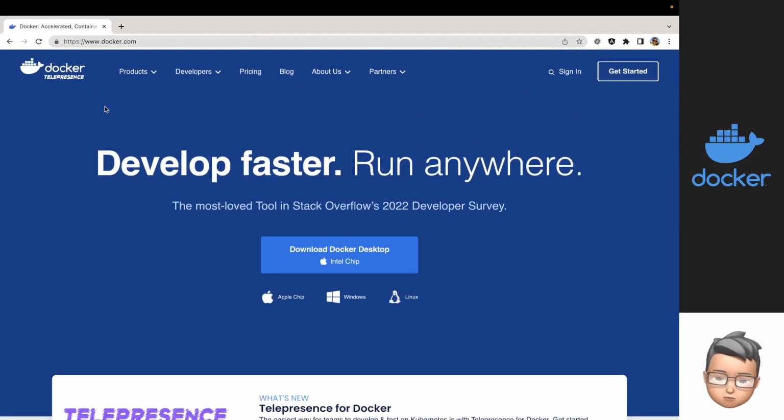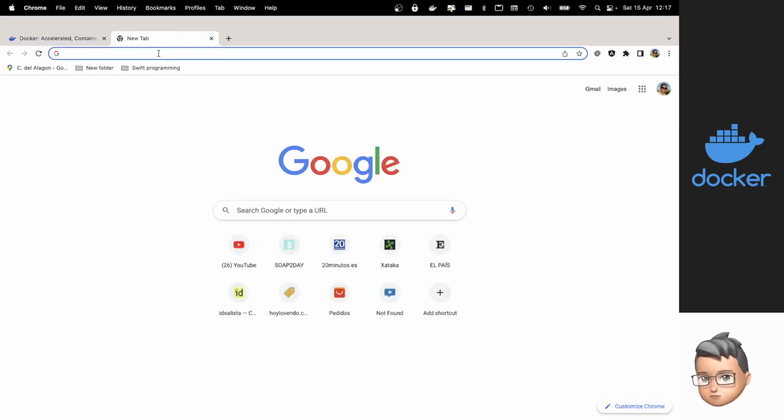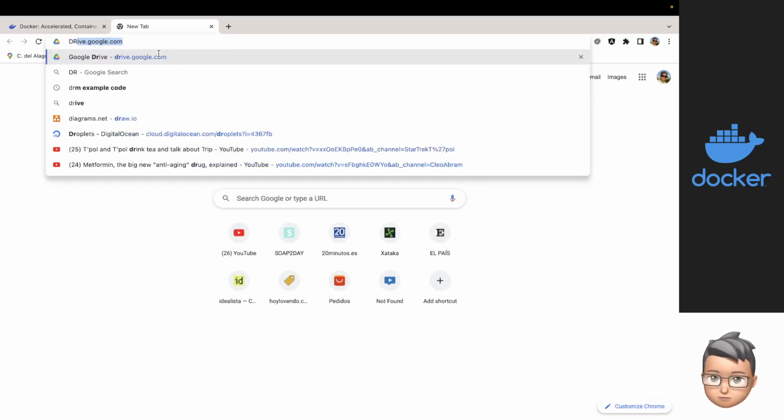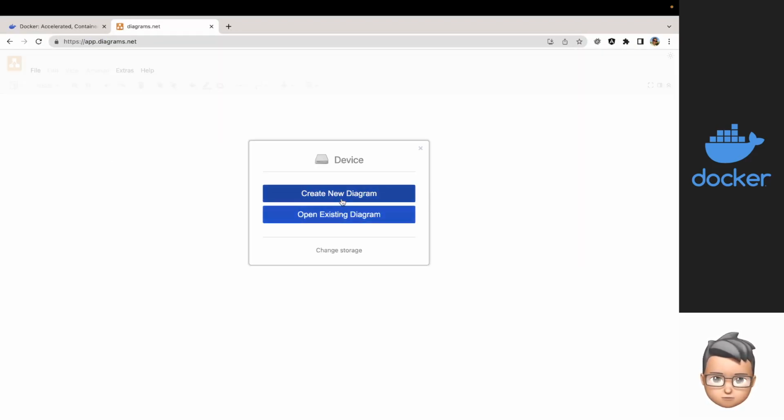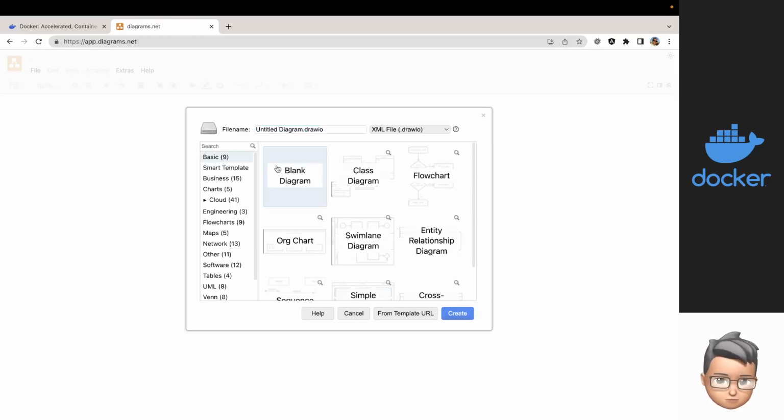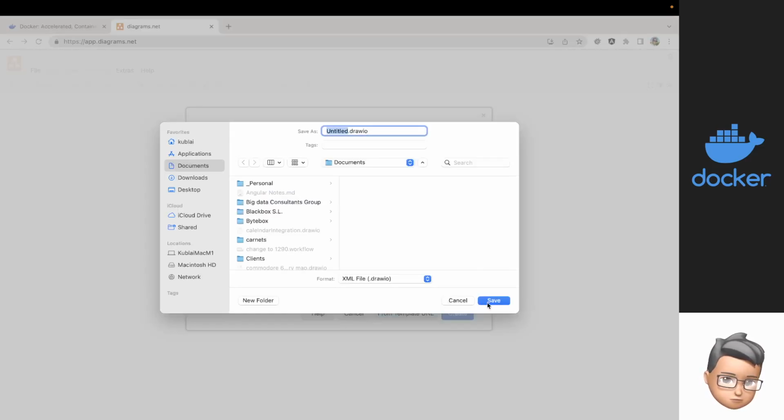Docker is a tool to work with machines in a way that is a kind of different with respect to a virtual machine. Let's say, for example, I'm going to draw some things here. Let's go to this place, it's draw.io. I'm going to start with a new diagram just to tell you how this works. Okay,